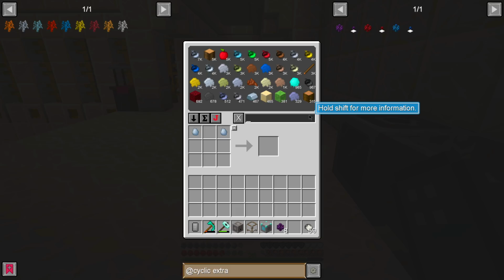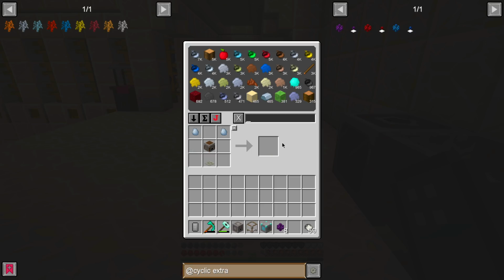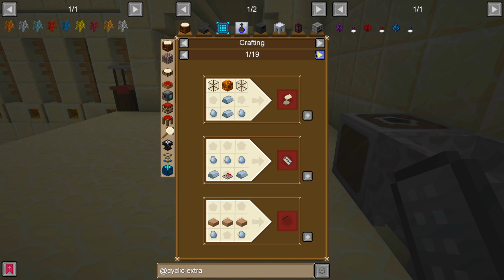Okay, I see how this is going to be. Going to have to make a dropper. Going to have to make a weighted pressure plate. There. No, hold on. What am I missing here? Iron nuggets? Oh, well, easy enough. Let me just page through here till I find...